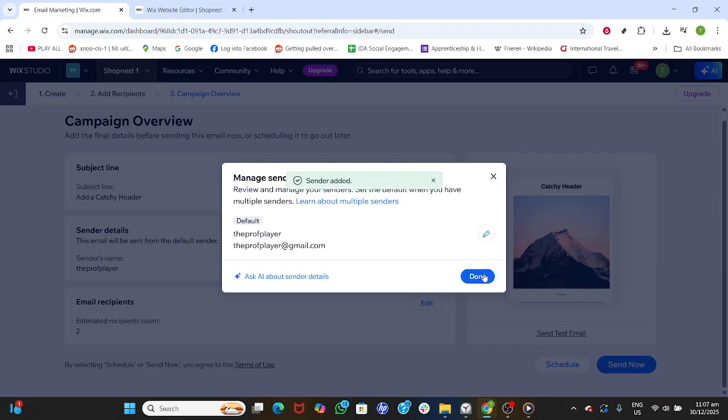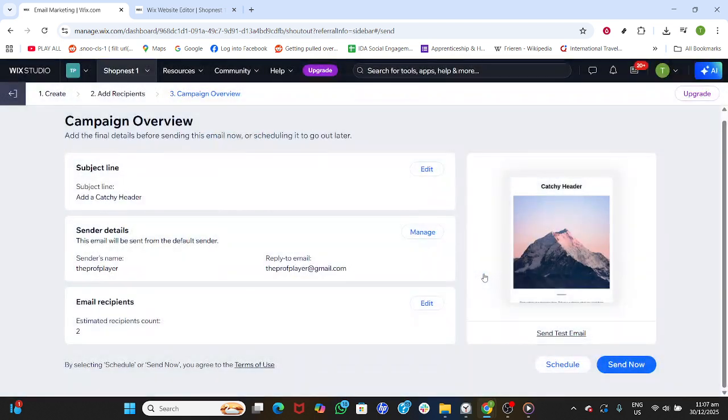That's it. You've created a custom newsletter from scratch, set your recipients, reviewed the campaign, tested it, and scheduled it to go out. Save your design as a